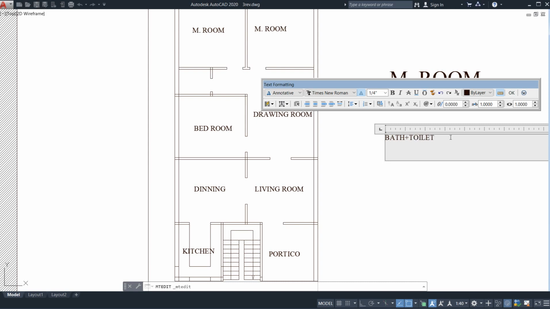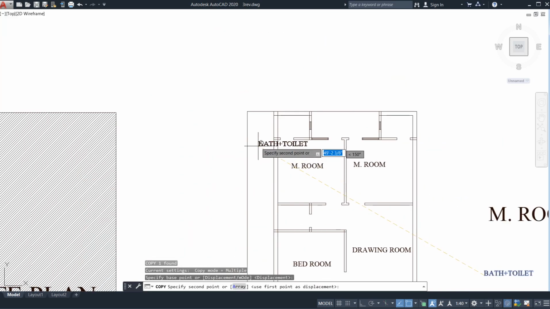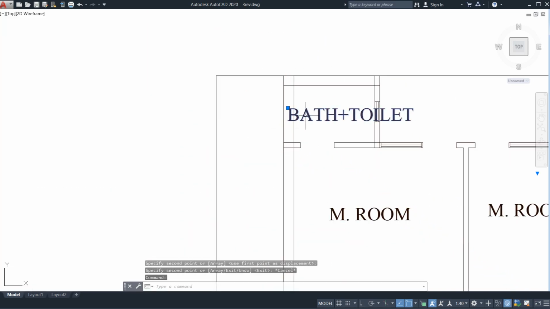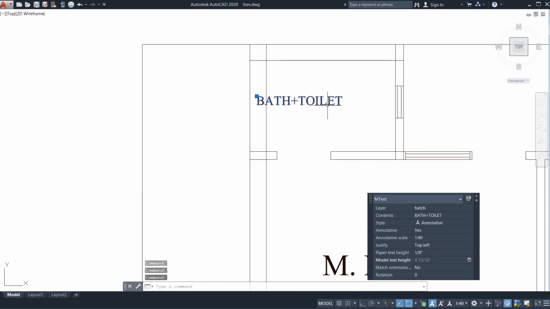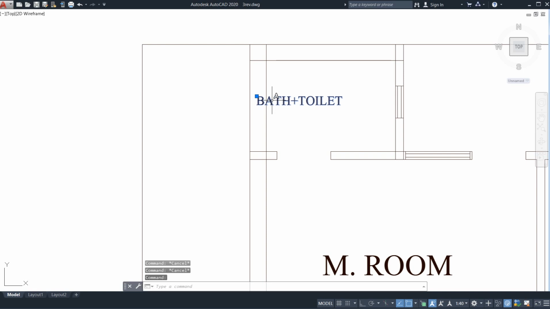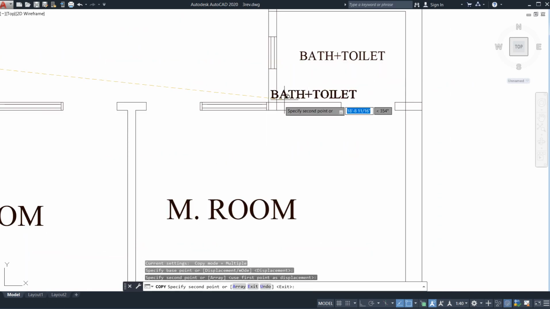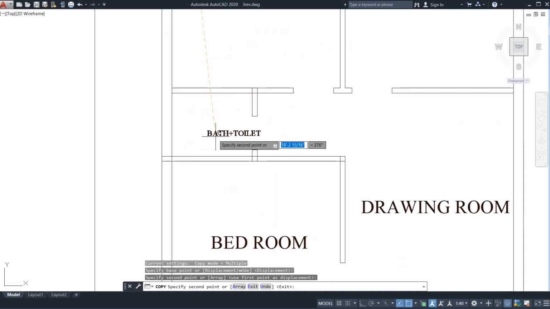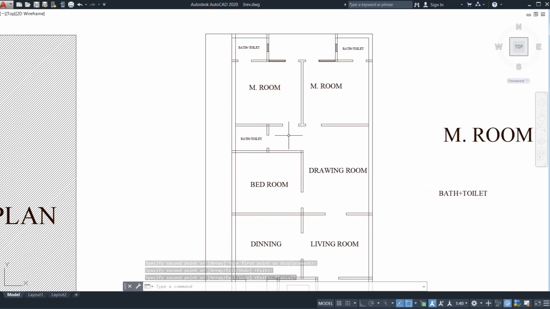Just go input from your keyboard, right? So after that, just go for selection of it, just go for copy it. Now just select it, like select it. Now just go for right click and just go for quick properties and just make it as a 1.2 inches. See, it has been smaller, right? After that selection of it, so just go for this. Now go for copy of it. After copying it, just go for the same thing here also. So after that, here also you can place your bathroom. So here you can make your WC also, no issue. Here you can see, you can make your WC, that will be water closet.